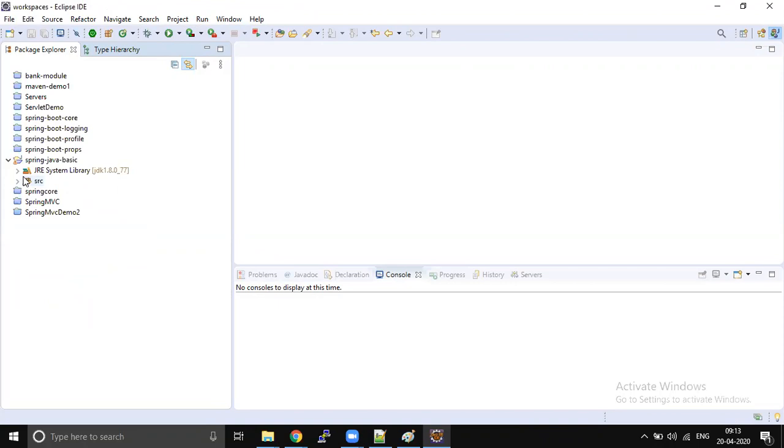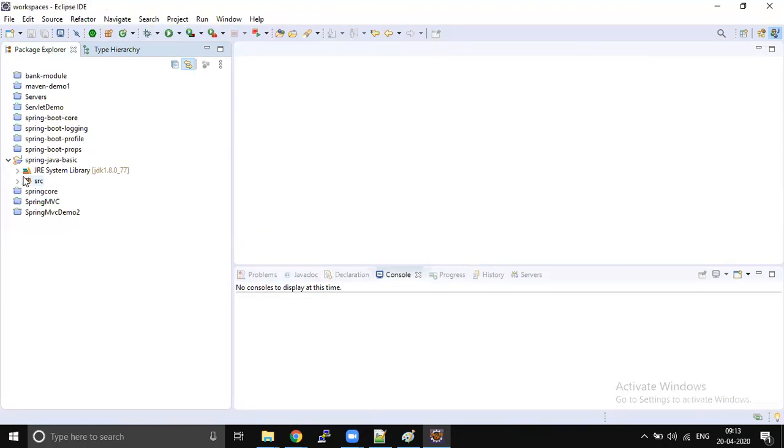While creating the parent, you have to be very careful. You have to define the dependencies which are going to be used commonly. Which are not common, don't put them in the parent. You have to make sure what the common dependencies are, what the common configuration is, and what the common plugins are that we are going to use across our project. That is what we have to keep in mind when writing a parent project.